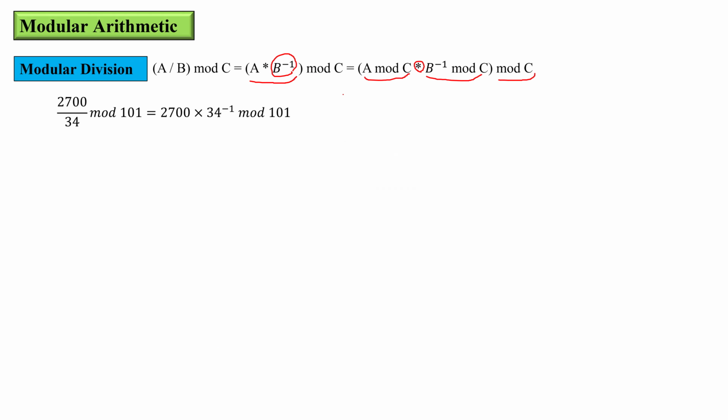2700 over 34 mod 101 equals 2700 multiplied by the inverse of 34. So the question here is, what is the inverse of 34? It should not be a float value because, as you remember, we mentioned that in modular arithmetic, all values